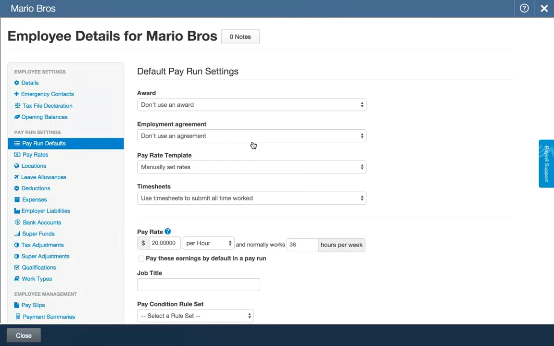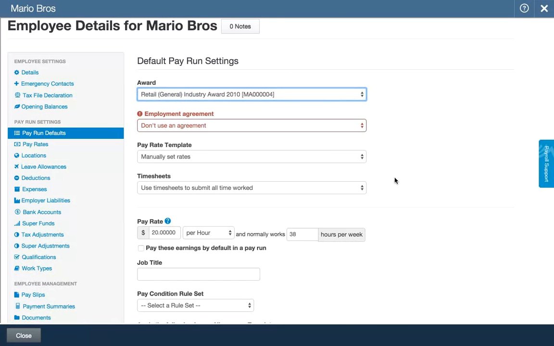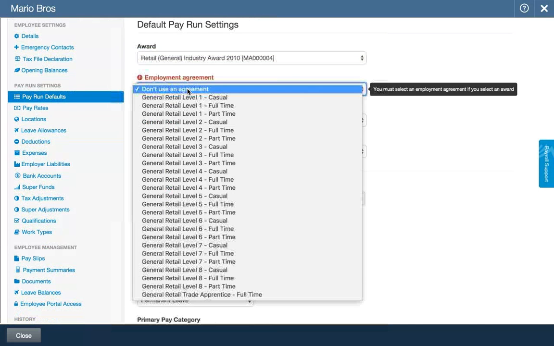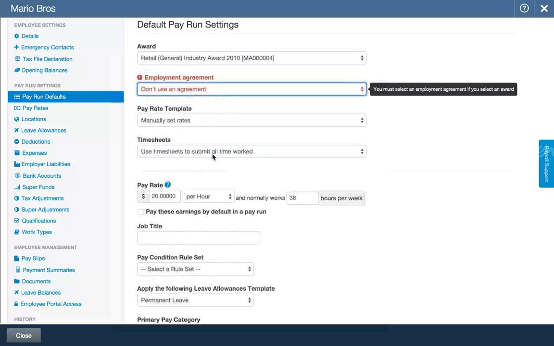You can have multiple awards installed. In my case, I've just got the retail award. And we're going to pick an employment agreement. Now, these correspond with the employment agreements that we have in the award. So if you looked up the award, you'd see level 1, level 2, level 3, etc. So I might make him a full-time level 3. Now, just by doing that,